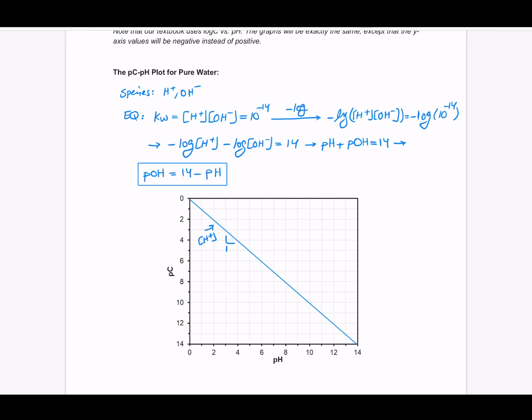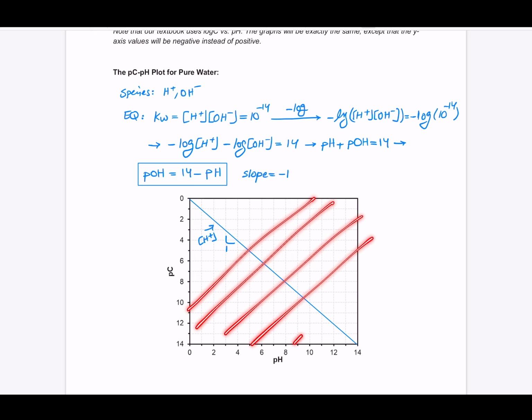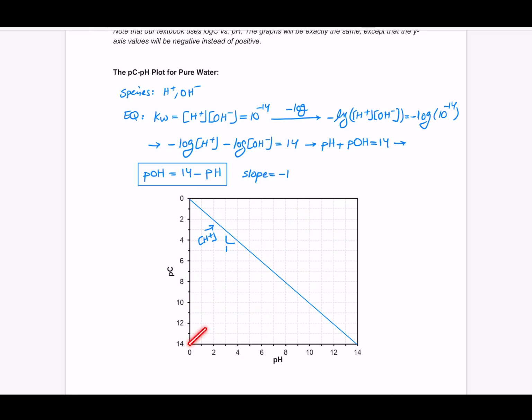So the best way, I would say, is always to have two points, and then draw the line there. First of all, the line has the slope of minus 1. So the slope for the OH line would be minus 1. That means in this graph, it would be like that, or like that, or like that. And then the intercept with the x-axis is actually 14. So basically, of all the lines which have the slope of minus 1, only this line's intercept